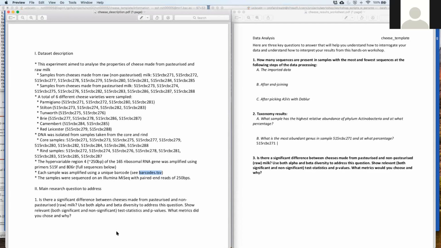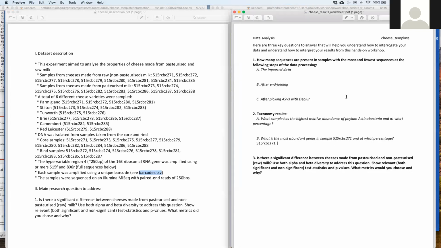And the main question that was being asked was, is there a significant difference between cheeses that are made from pasteurized and non-pasteurized milk? Now, as Art was going through the walkthrough and explaining the different parameters and looking at the different visualizations, every now and then I popped something into the chat saying, this is one of the questions. So this is the kind of data analysis that you should be looking to be able to answer